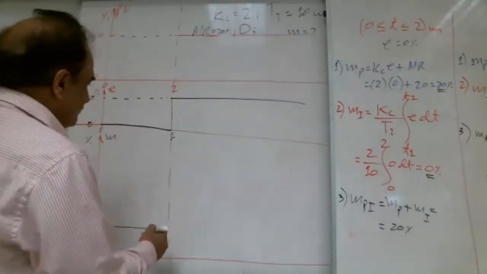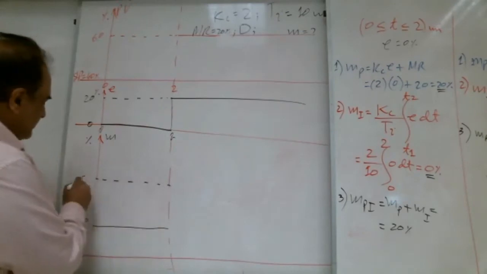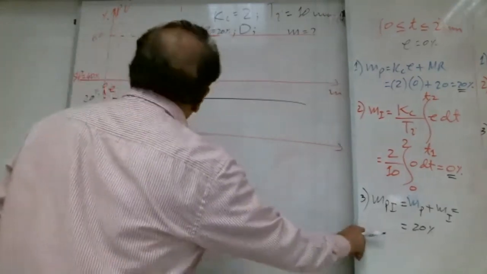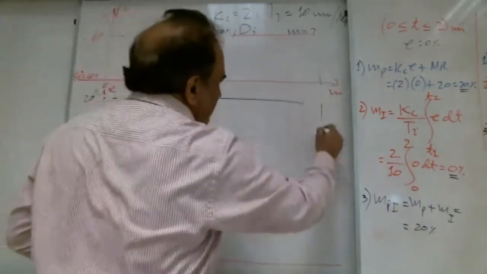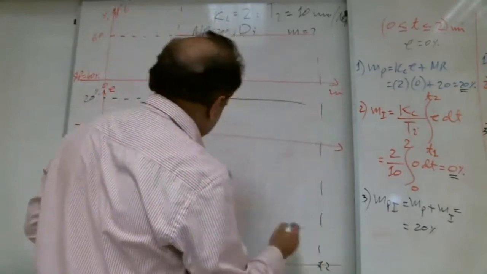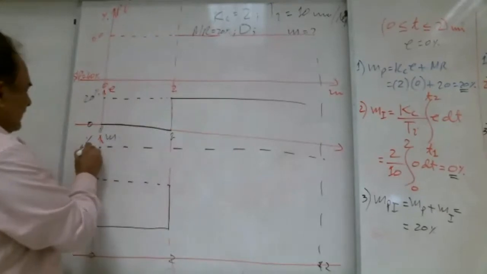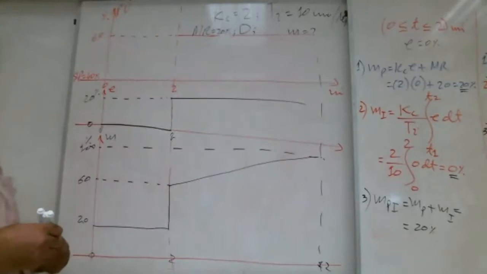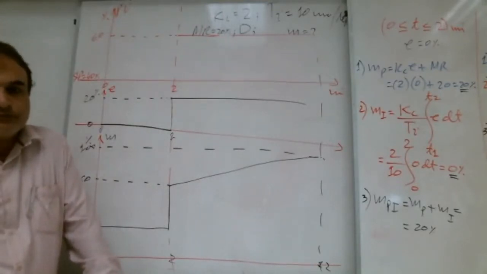So at 2, it becomes 60. So we make a line here, 60%, and we raise it. Then at 12, this is 0, this is 2. Imagine here it is 12. So we will make it up to 12, 100, and it will go like this. You are with me?